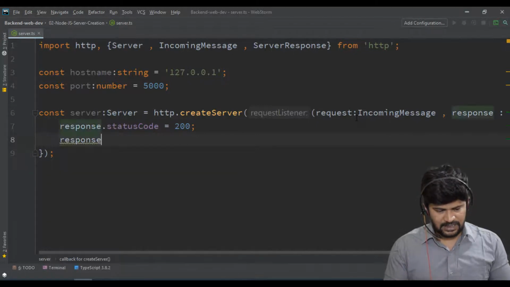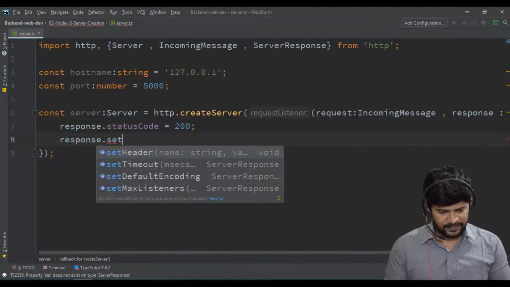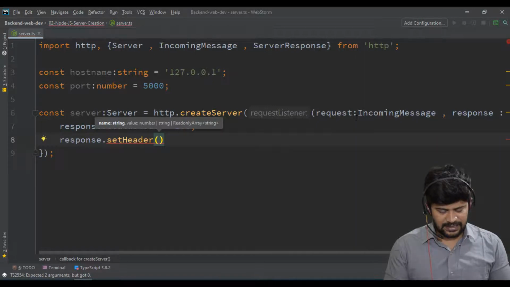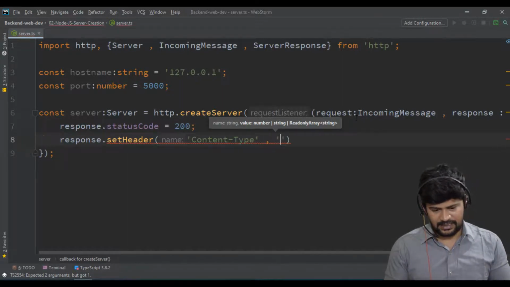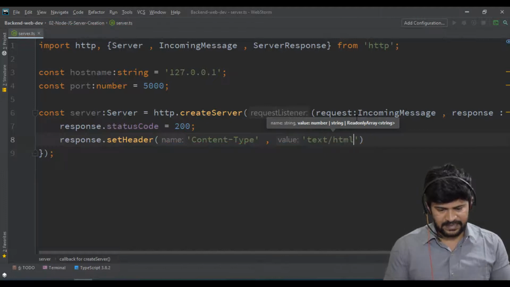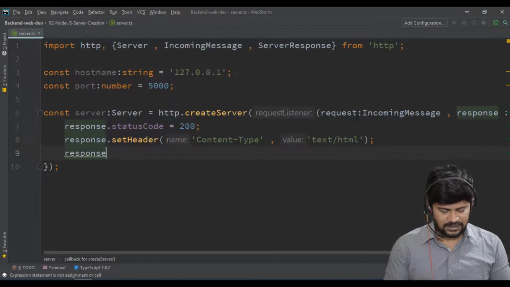So there is response.setHeader. In this, I say Content-Type: what type of content you respond from the server? That is text/html. I'm going to send an HTML response back. And what is my response? This is the response.end function to send a response.